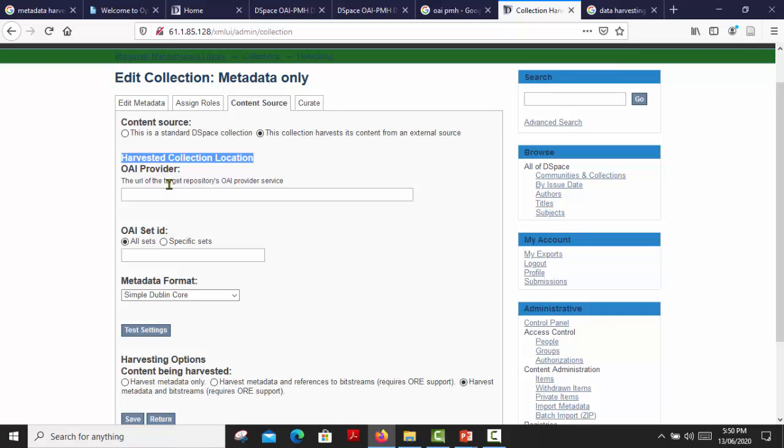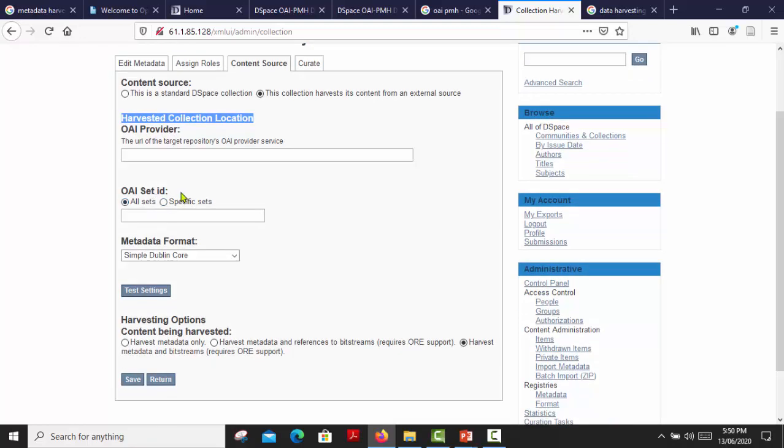Second, the OAI set ID. Two options are here: all sets and specific sets. All sets means you can harvest all the repository data into your repository, but it takes too much time, so don't go for that. Be specific. Select the specific content and harvest the specific sets. You have to add the ID here.